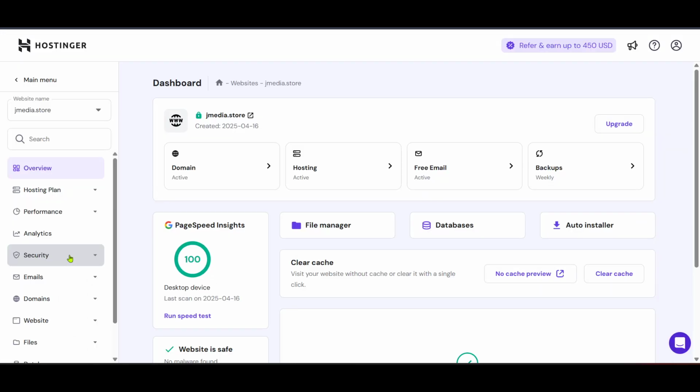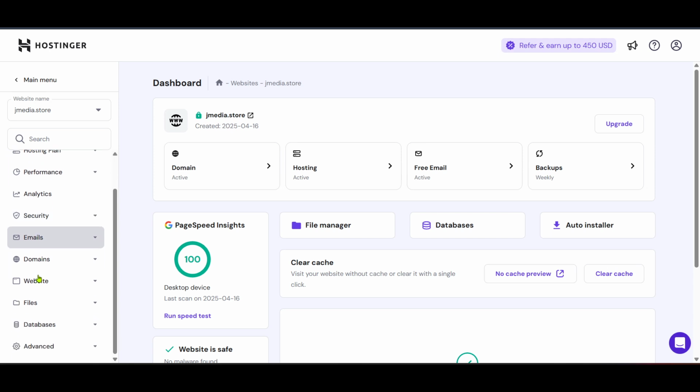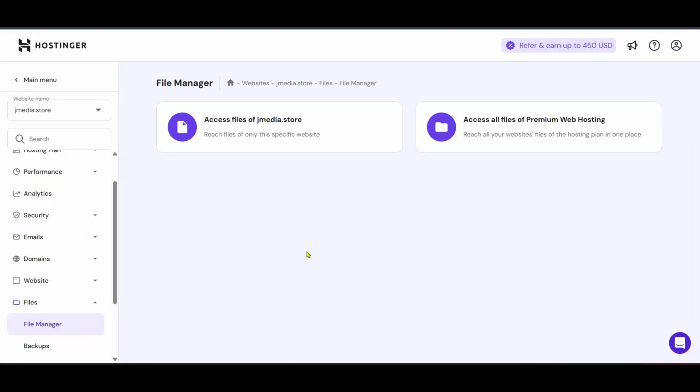When you've opened the management interface, look for the Files option. Typically, it's located within the menu options on the left-hand side. It might take a moment to find if you're new to the interface, but once you do, click on it. You'll be greeted with several options related to file management on your website. Among the options, you'll see File Manager. Clicking on this will open a new layer where you can directly interact with all the files related to your